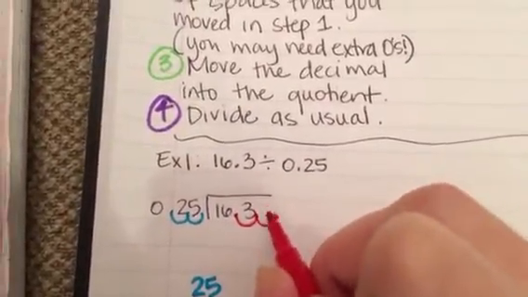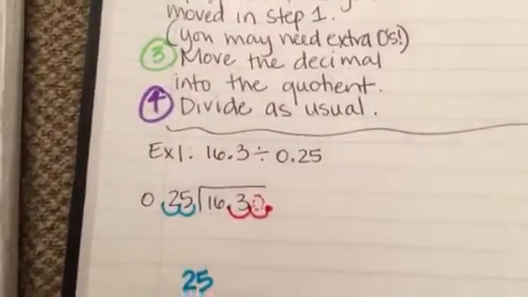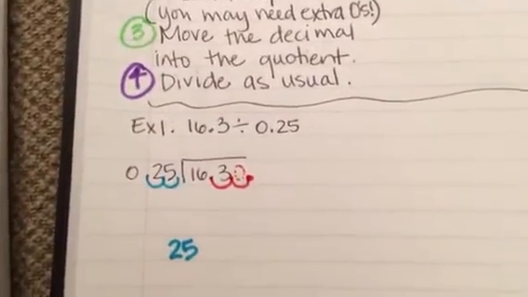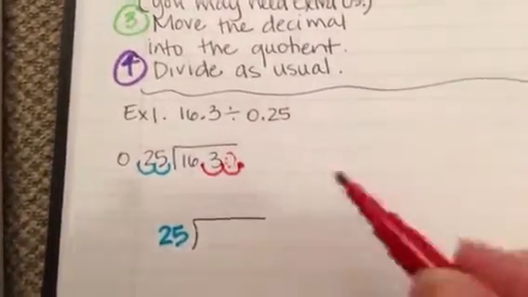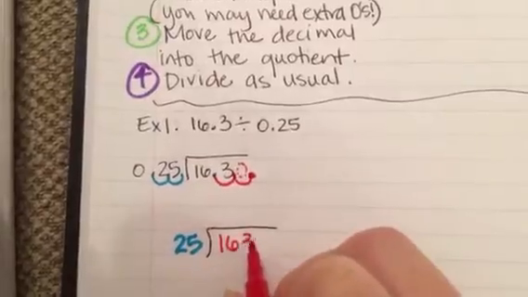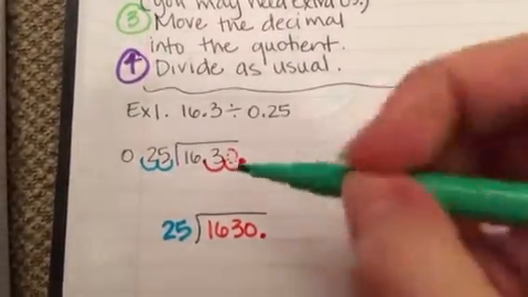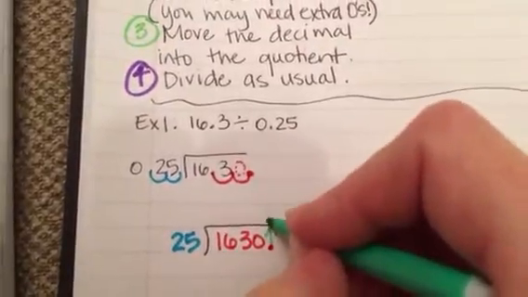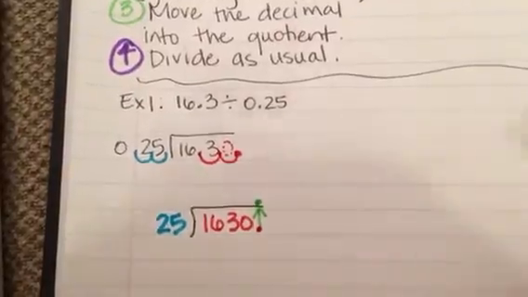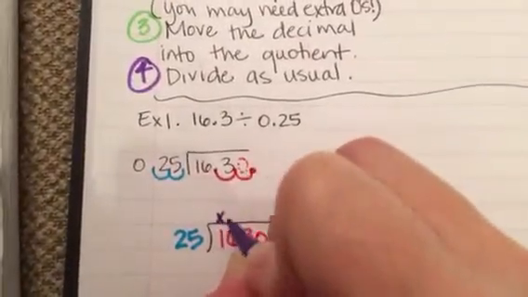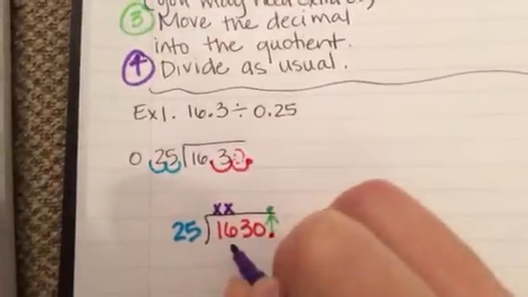And because I have a whole number here, I'm going to use one of those imaginary zeros. We call that annexing our zeros so that I can use that to my advantage. So when I rewrite my problem, it looks like this. Now we're going to put our decimal into our answer, and then we're going to divide. So 25 will not go into 1, and 25 will not go into 16. 25 will go into